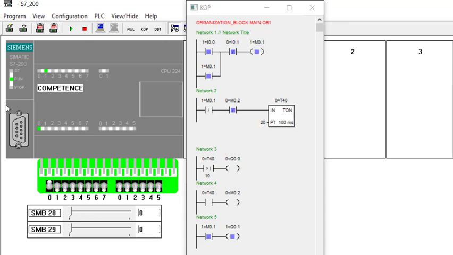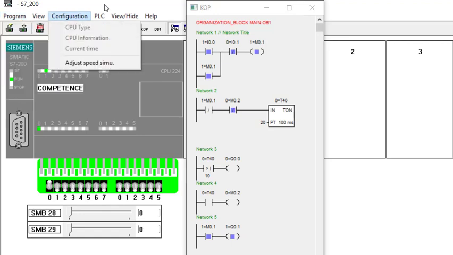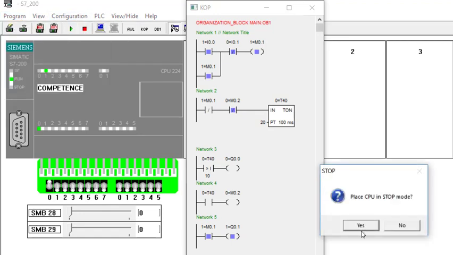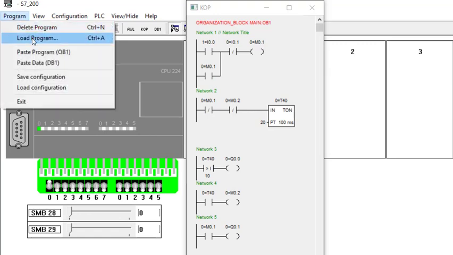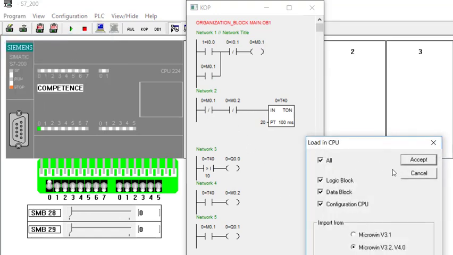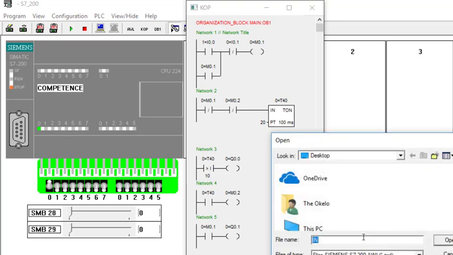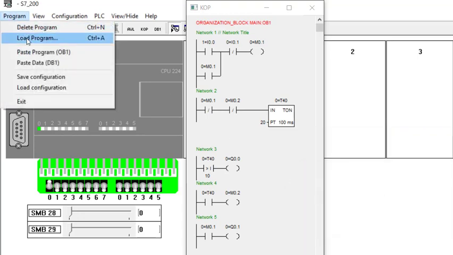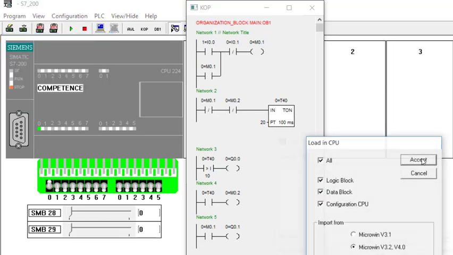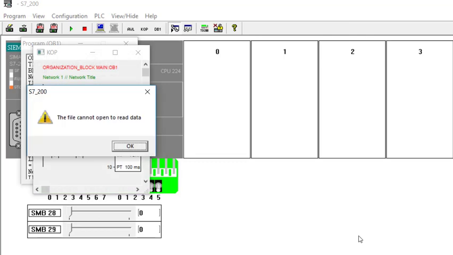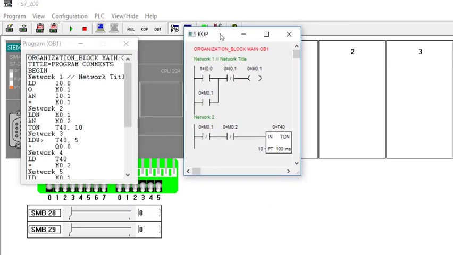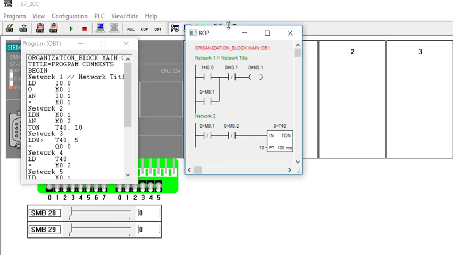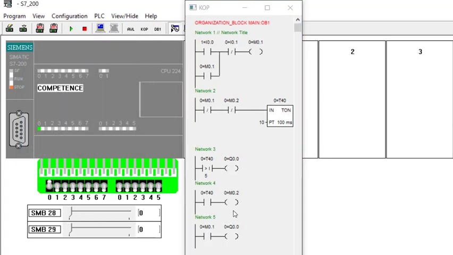You can have this kind of program, but the trouble comes in when you have the outputs having the same address. We can try running that to have a visual representation of what we're talking about. Load program, accept. So if we just have the exact same program, but the only difference being that you see we have Q0.0, Q0.0, what we expect when this program starts running is that this output Q0.0 will start flashing, but